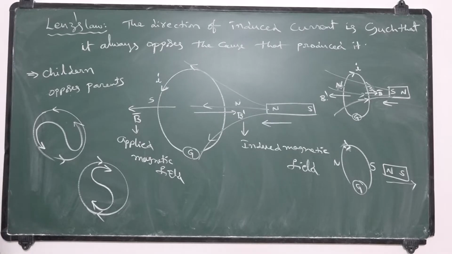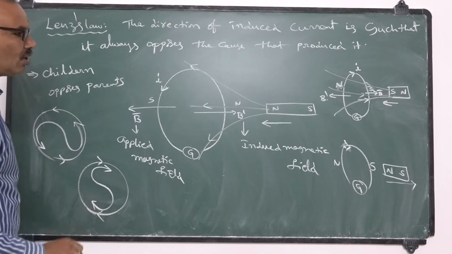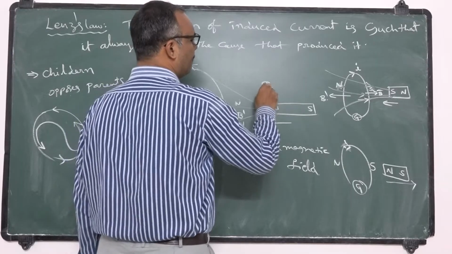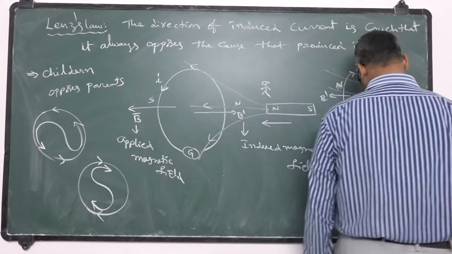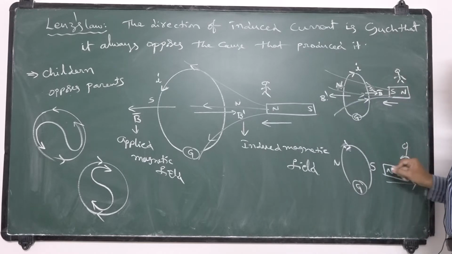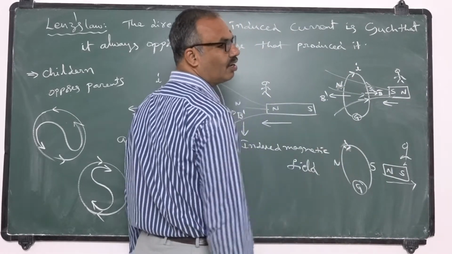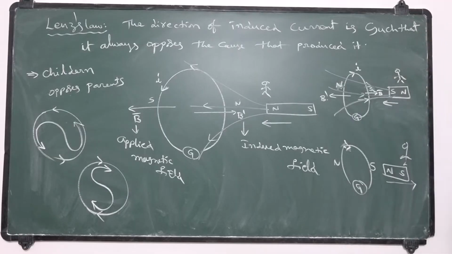The directions are very simple. Always while we are facing the coil like this, with respect to observer only you should speak. Here observer is this side. Here observer is this side. So he is observing the coil from this side. Then he will feel clockwise. If the same observer is this side, it is anti-clockwise. So with respect to observer only, the direction should be specified.